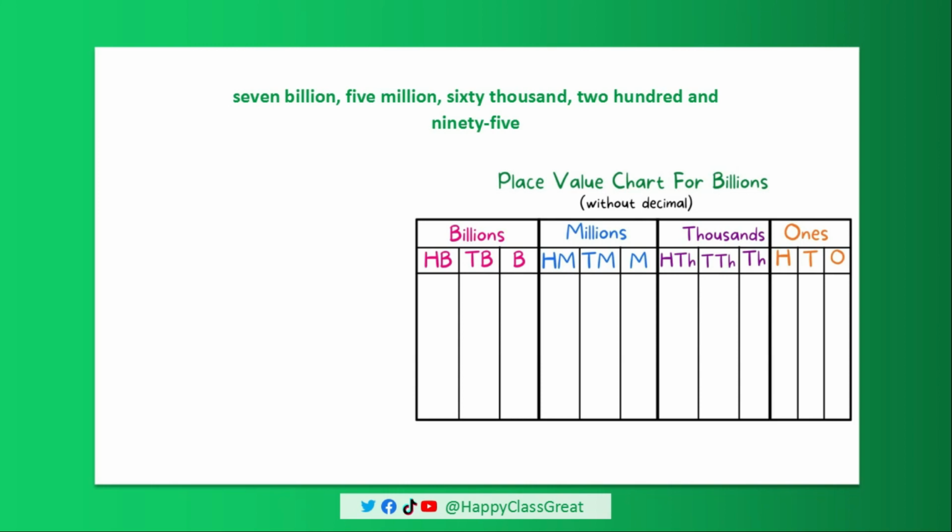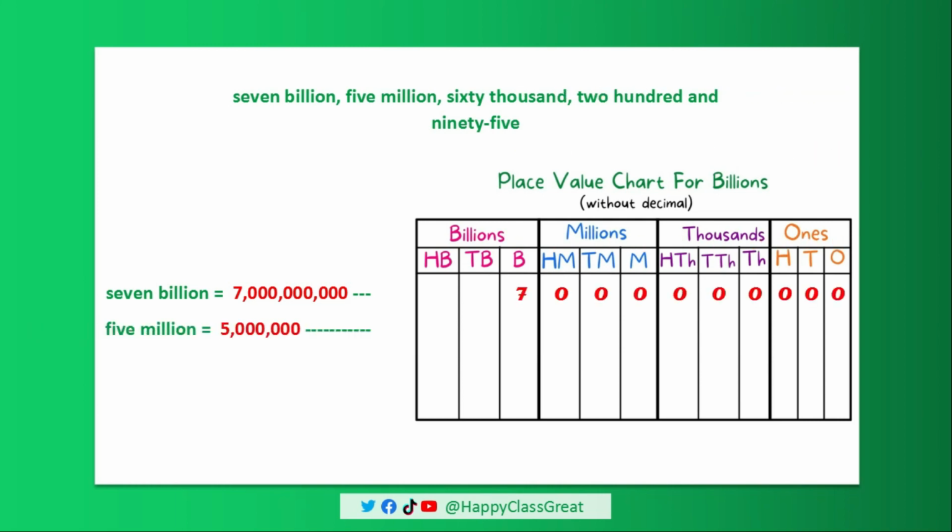Then the next thing is to split this into 3 parts. The first part we have is 7 billion, which is 7 with 9 zeros, and to place it in the place value chart, this is how you do it. And it is followed by 5 million, which you can see right there, and to place it in the place value chart is just like that, and followed by the